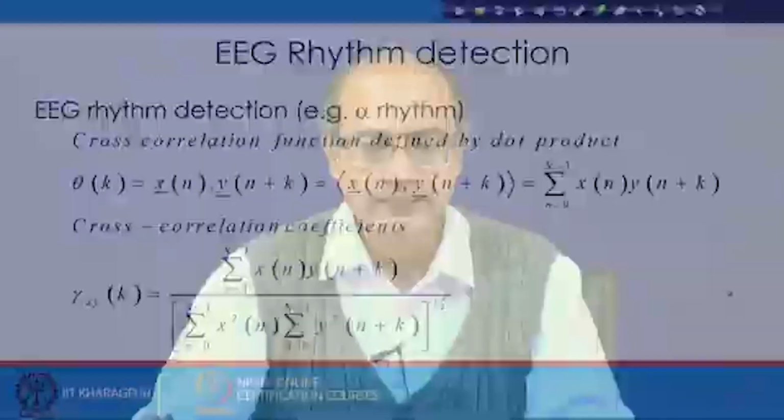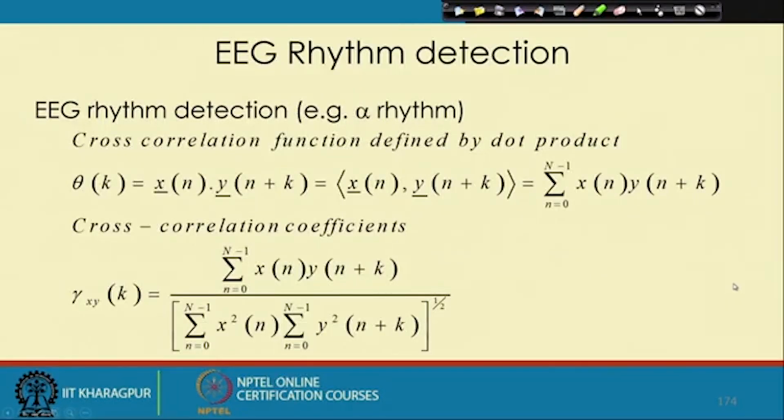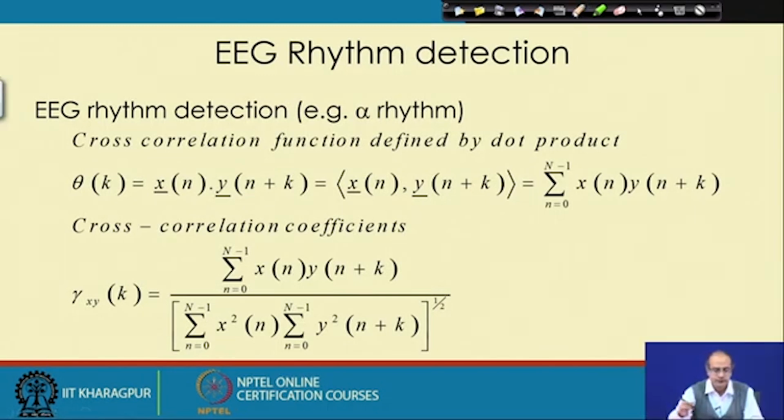Now we get how we first detect some of the predominant rhythms. For example, let us take the task of getting one rhythm. We may take that as an example, the alpha rhythm. Actually, we can take any one of them: alpha, beta, theta, delta. The same way we can get that by this technique, and for that we will take the help of